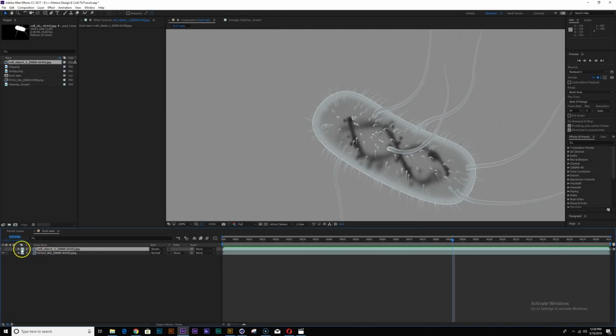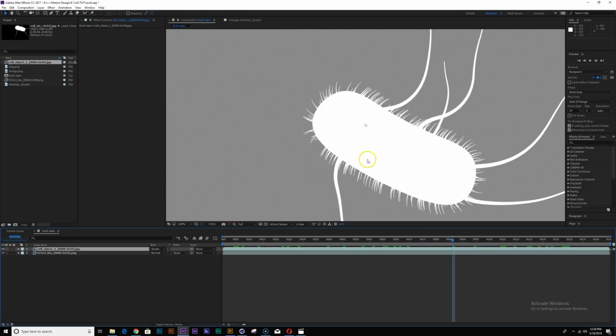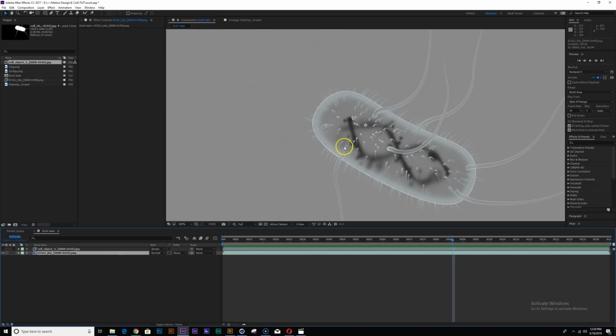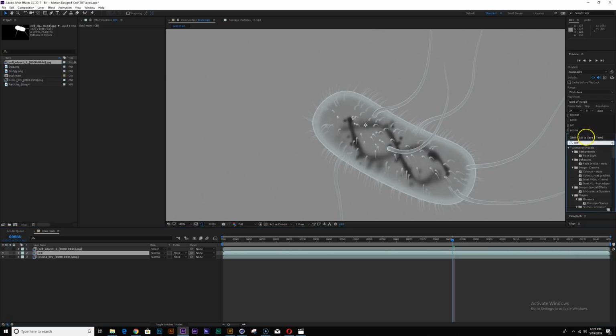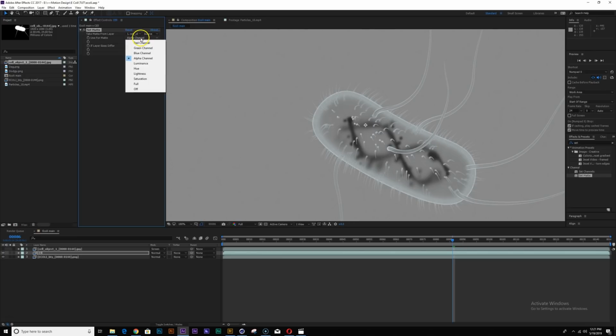The reason I'm using the object buffer pass is so that I can isolate the cell by itself from the background if I want to do some color correction, which is what I'm going to do. So I'm going to duplicate this, call it my cell, and apply an effect called Set Matte, select the object buffer and use the luminance.